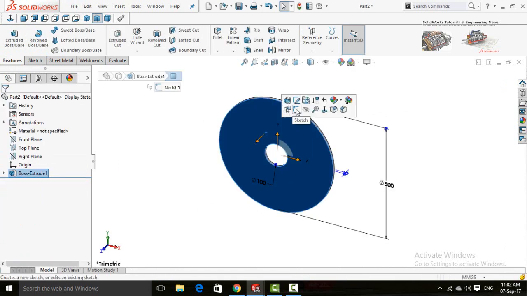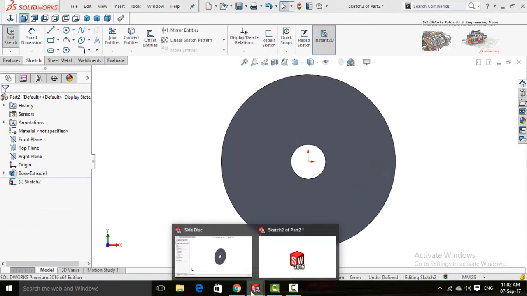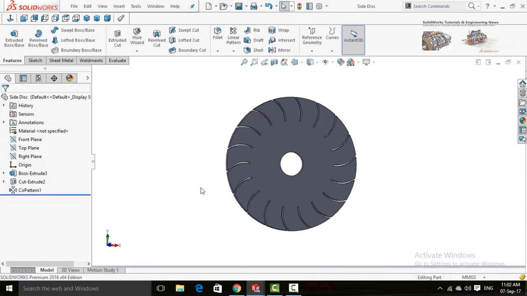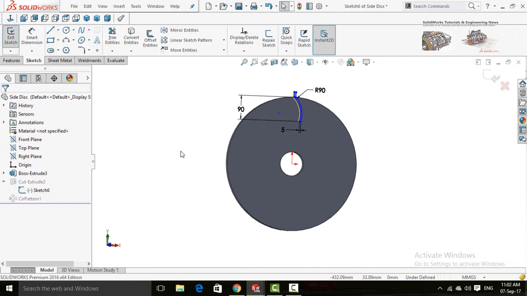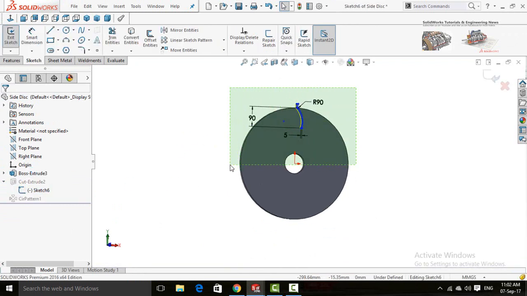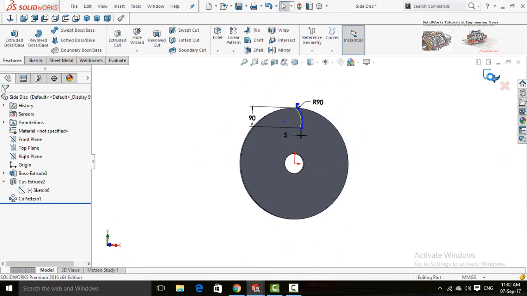Now sketch on this face. Make normal to. Open the side disk. Drop down this cut extrude and then edit the sketch. Now select all the sketch and copy it.